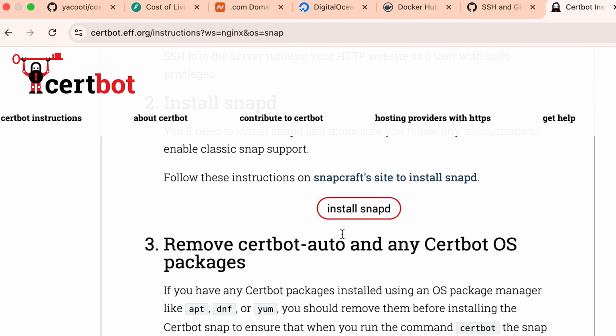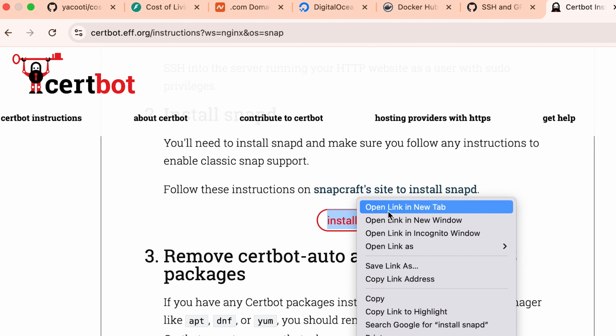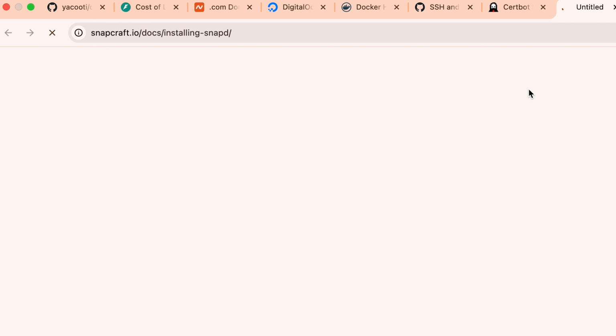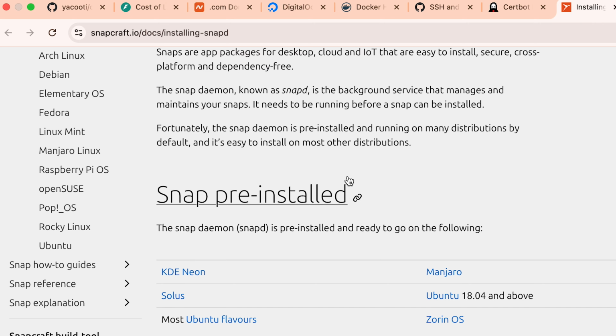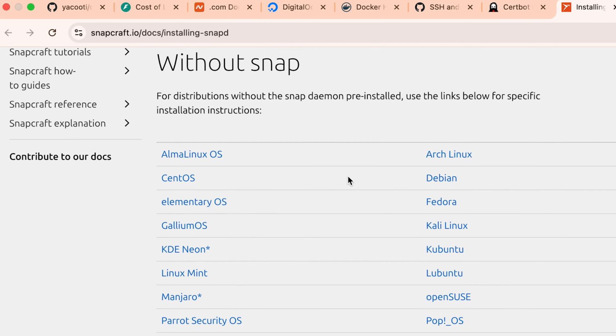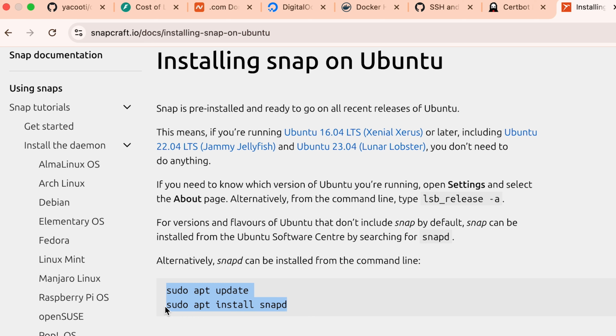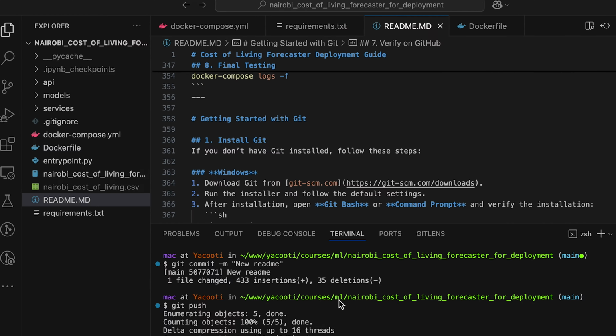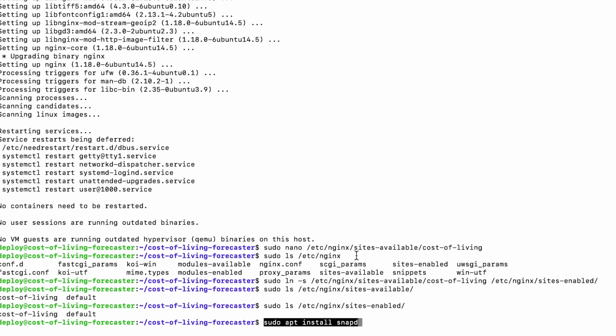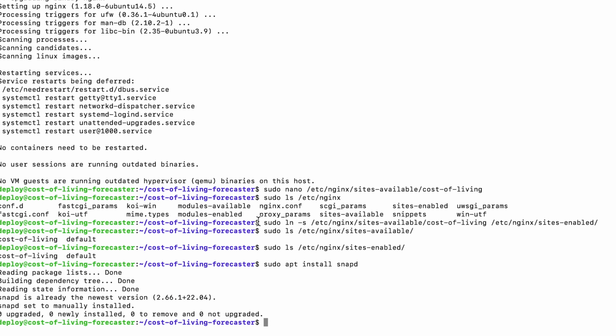Nginx on Linux. So let's install snapd. On Ubuntu, just install this. This is going to enable us to install Certbot, and Certbot is what will help us to add